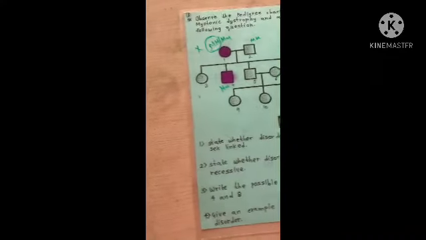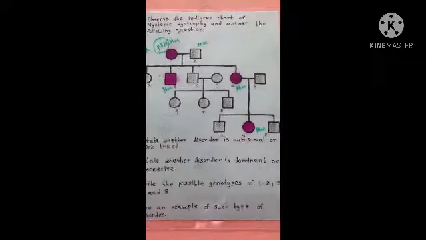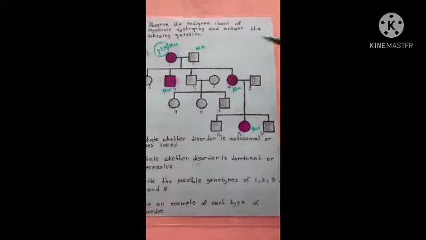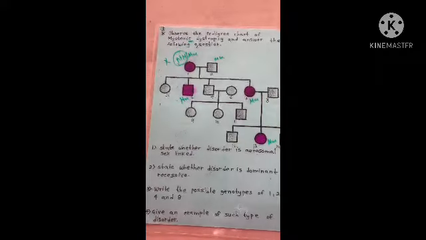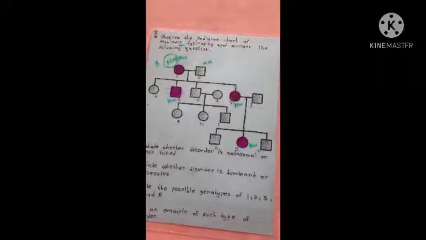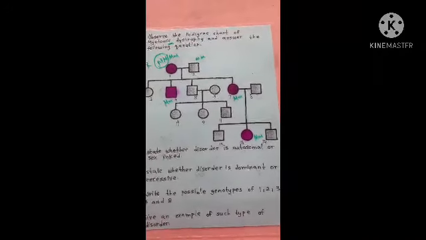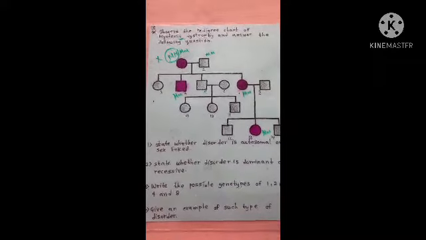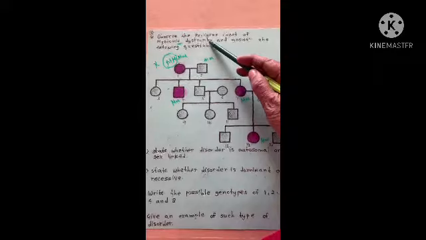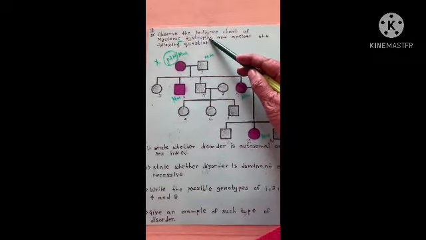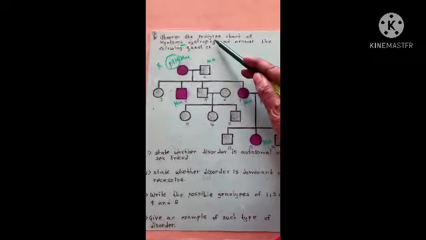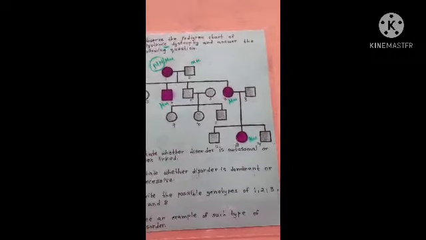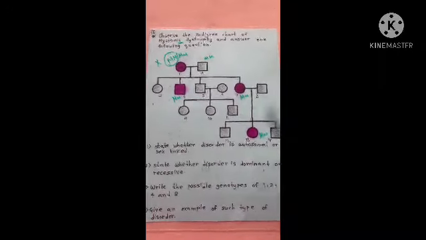In the same way, if we see another chart, this is a pedigree chart of myotonic dystrophy, and answer the following question. You got the biggest clue over here, that they have written that it is myotonic dystrophy. Myotonic dystrophy is a Mendelian disorder. It is a point mutation. You know two things: you have been given the name of a disorder, but related information you already have. You know that this is an example of a point mutation and an example of a Mendelian disorder, and it is autosomal and dominant. This much knowledge you have, this much is the prerequisite. So based on that you will be able to answer this one.